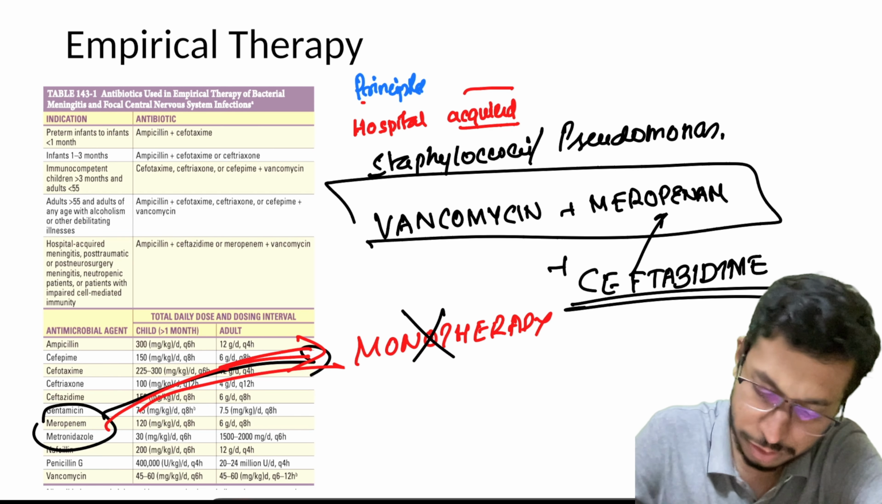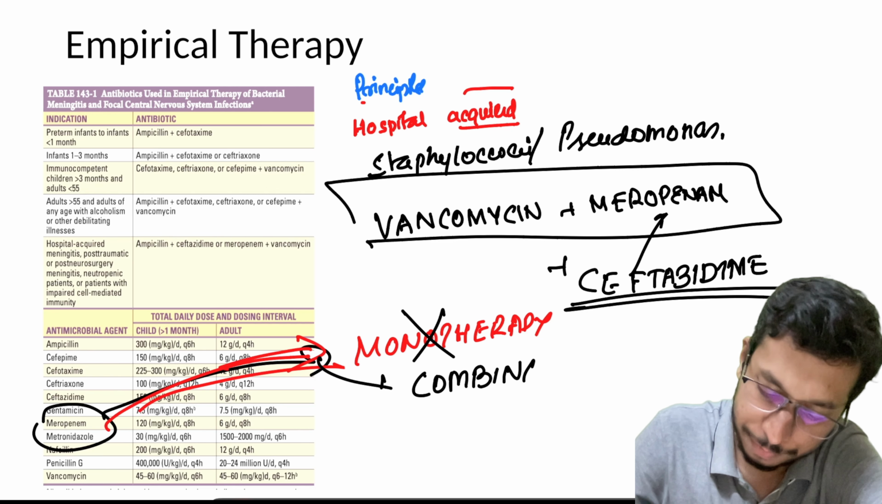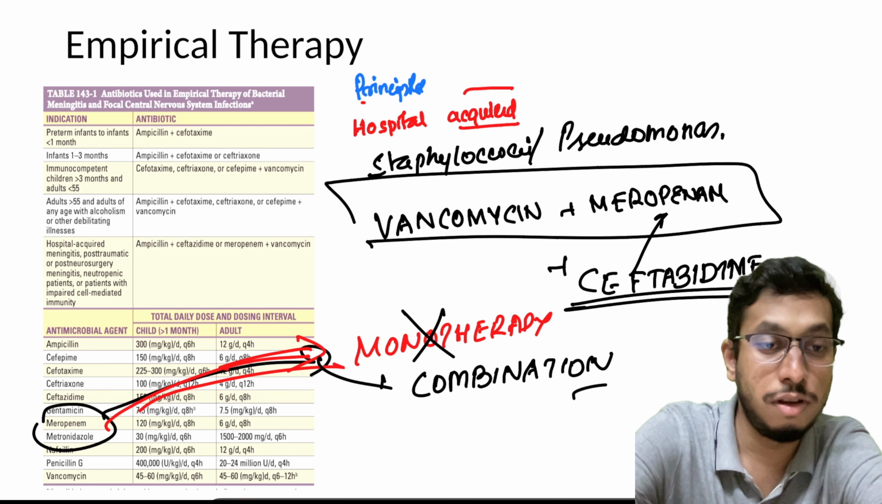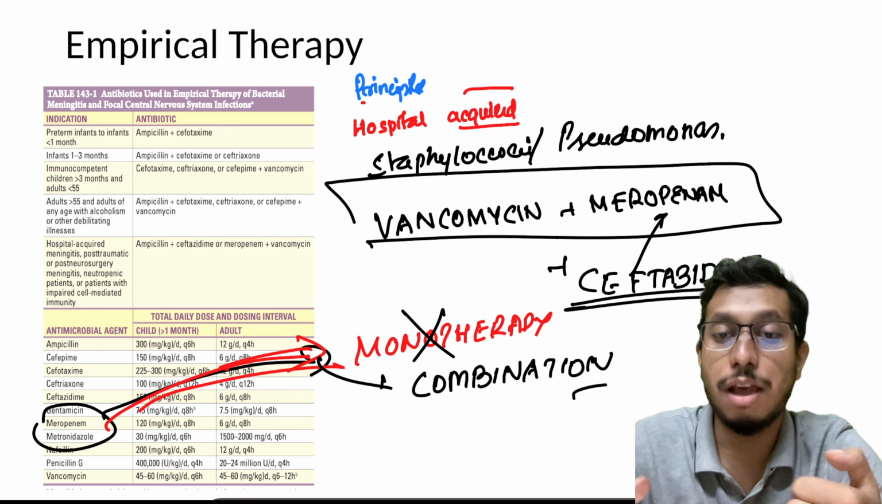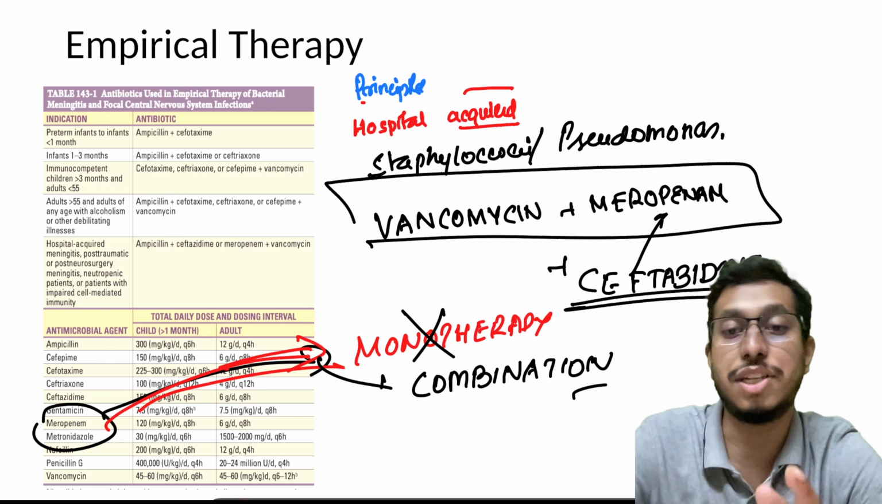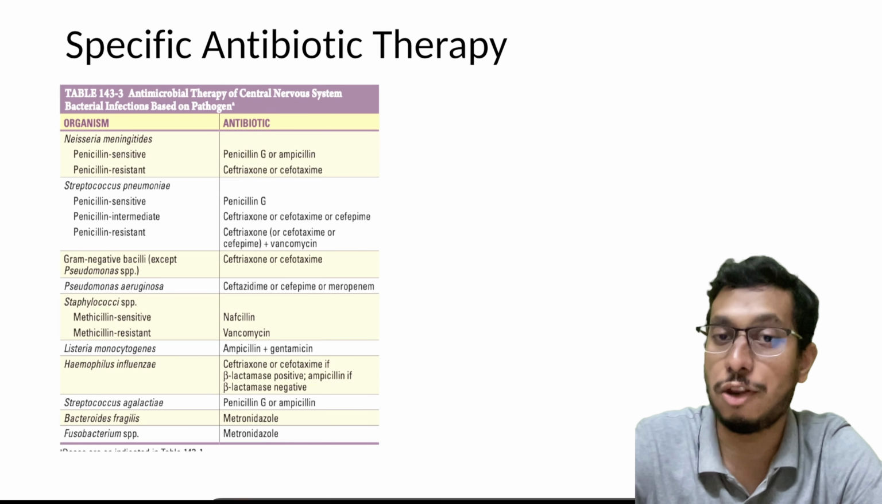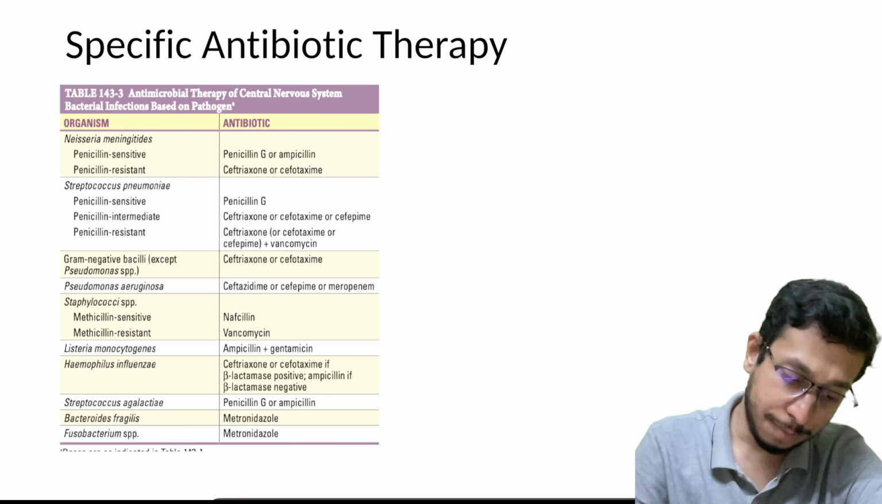It should always be used with a combination therapy. Okay, all right. Now, once we have started empirical therapy based on the profile of the patient and suspicion of the patient's condition, we need to go for specific antibiotic therapy. So, specific antibiotic therapy, for example, for